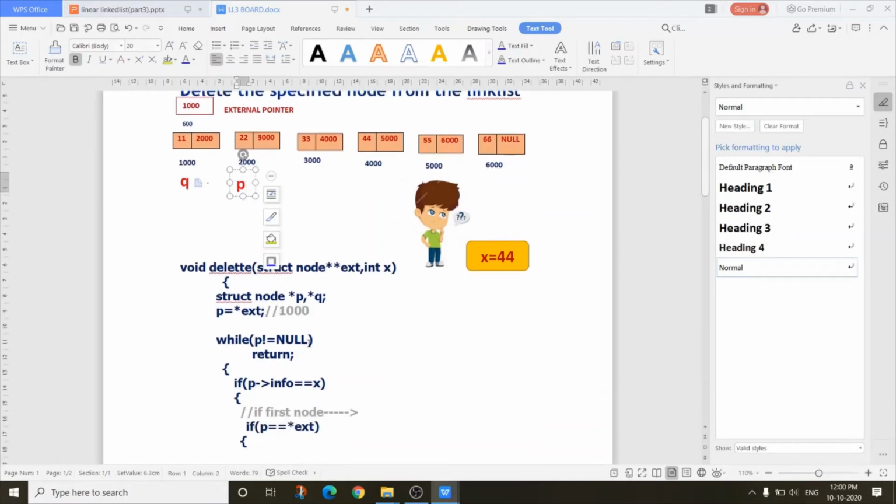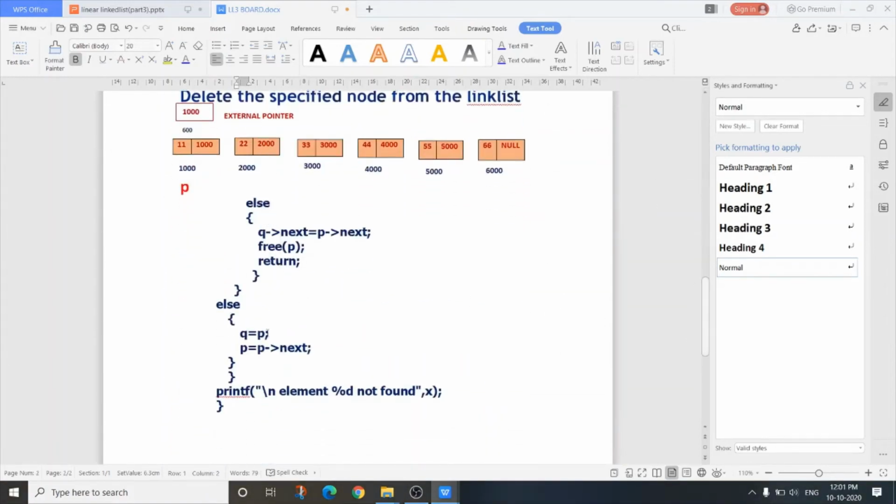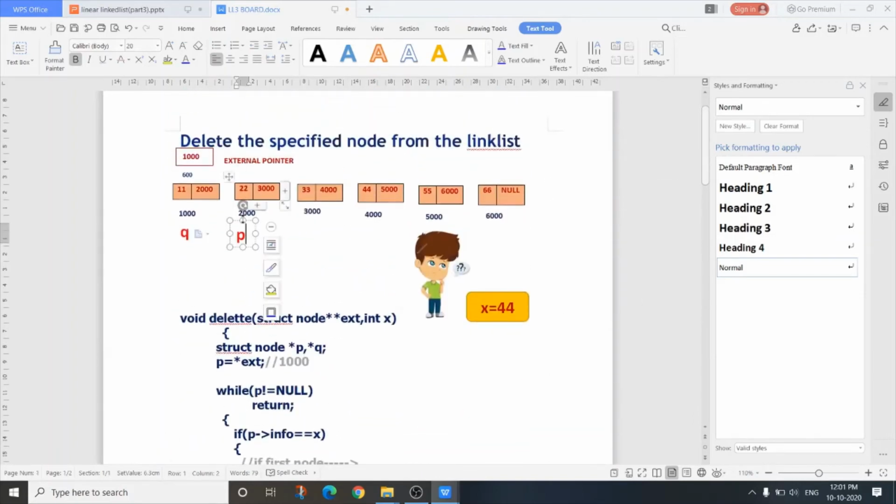Is P null? No. P is not null, it is 2000. Is P arrow info X? No, it is 22. So go to the else part. Q equals to P, P equals to P arrow next. So now P is this. P equals to P arrow next and Q equals to P. Again check.